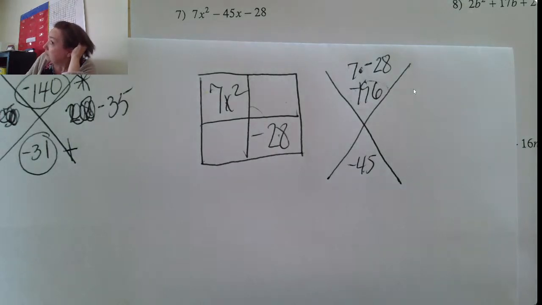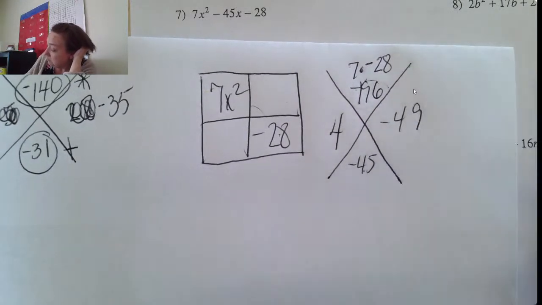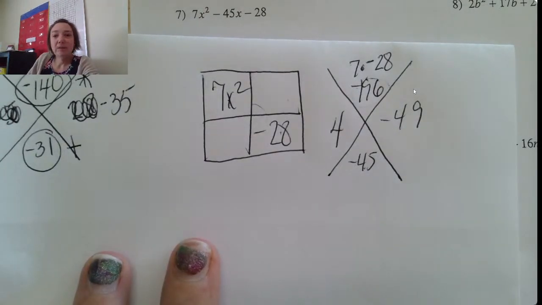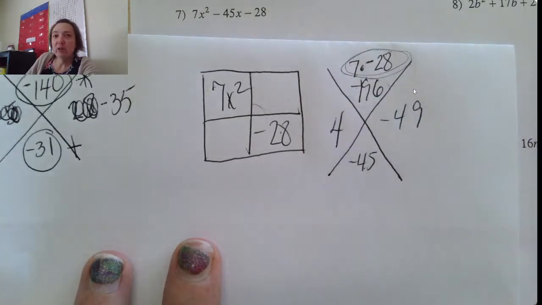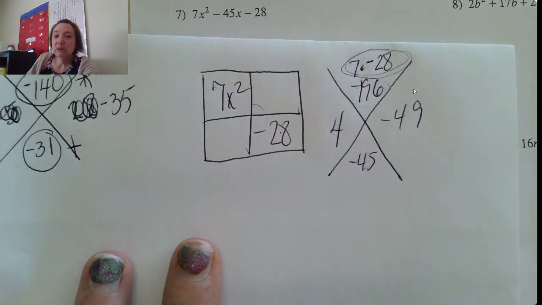And negative 49.4 and negative 49? Yes. Looks good to me. I just guessed that on my first calculator. Maybe there's a 4 in there because 7 times 4 gets 28. So you know that there's a factor of 4 in there. You can just look at these numbers and see what factors there are, and that will give you an idea of what you might be able to divide that by. Okay, so